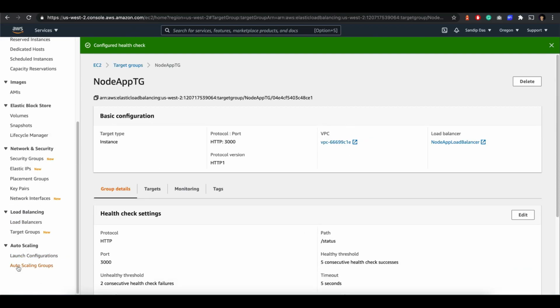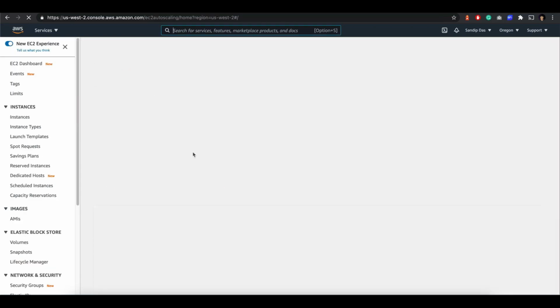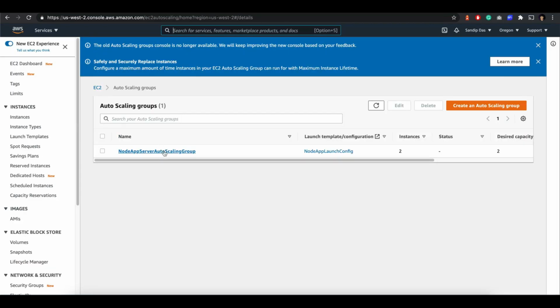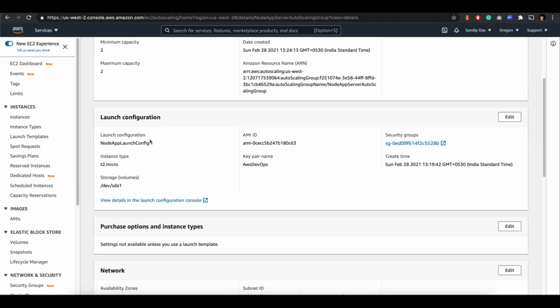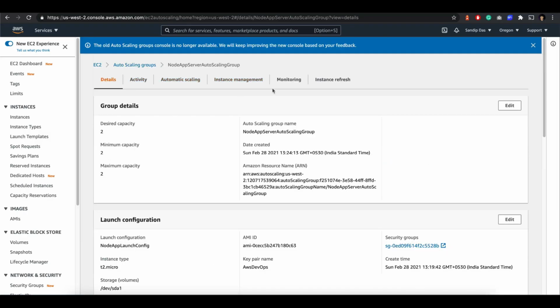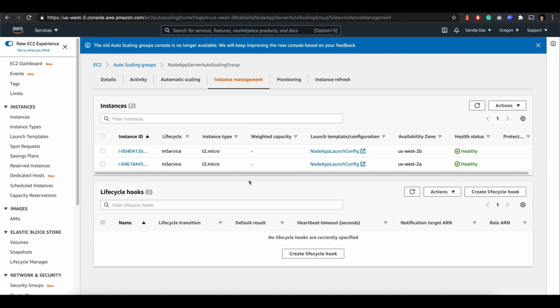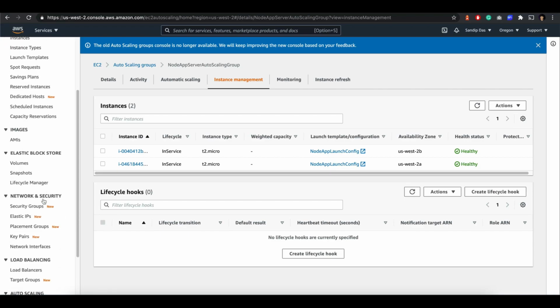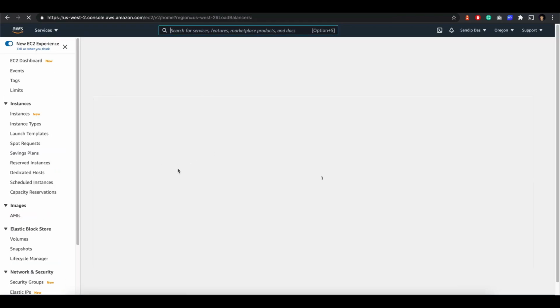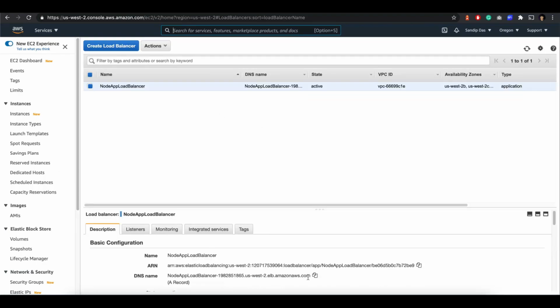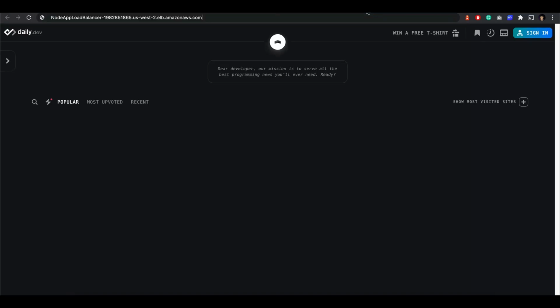Now let's see the auto scaling group, and here desired and minimum are all there. If you click on the instance management, you'll see 2 instances up and running and healthy. Now if I go via the load balancer, and see there is a URL, let's try to load that in our browser.